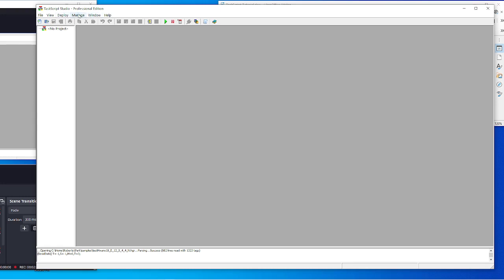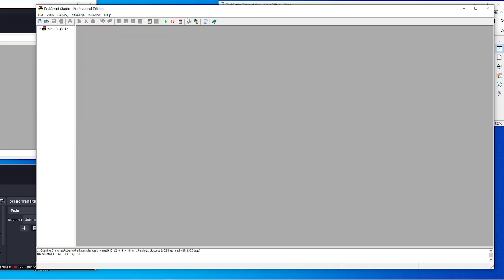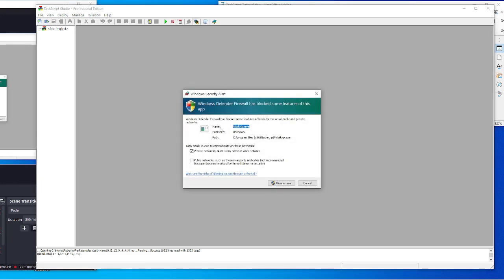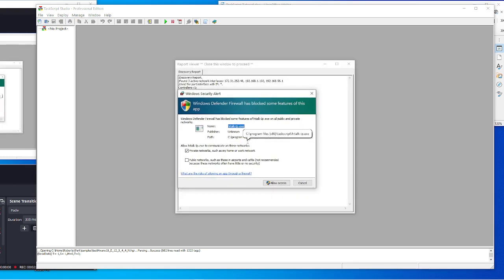Of course, all the important commands, all the Studio commands, are available from the menus, but the most used have been listed here in this taskbar. So let's issue our first discovery command and see what happens. Send discovery, and not surprisingly, this window comes out